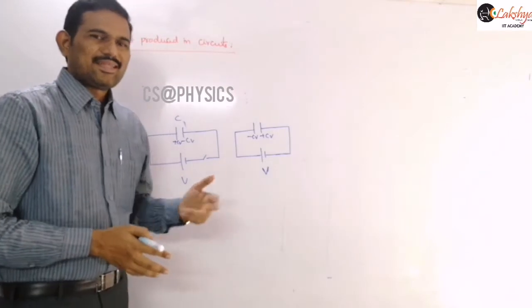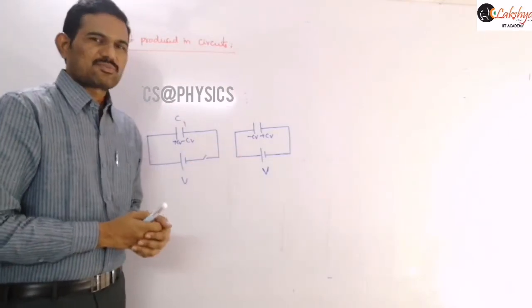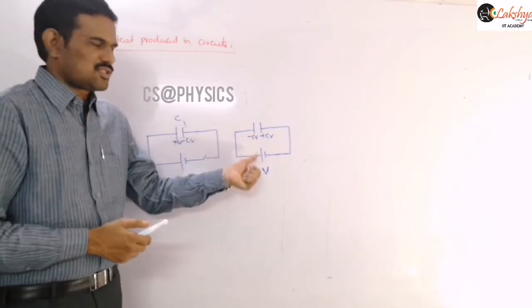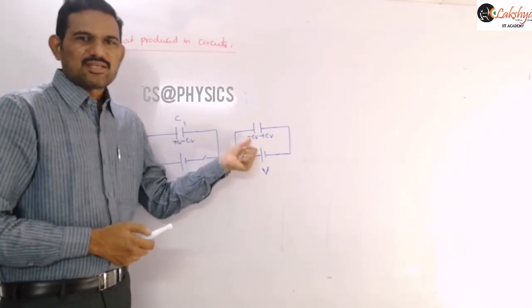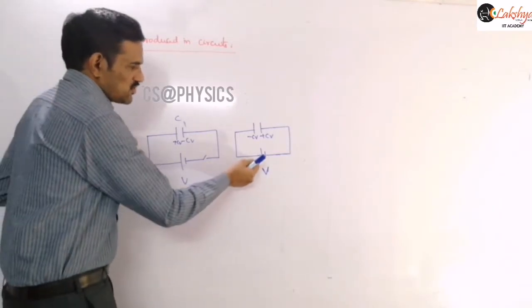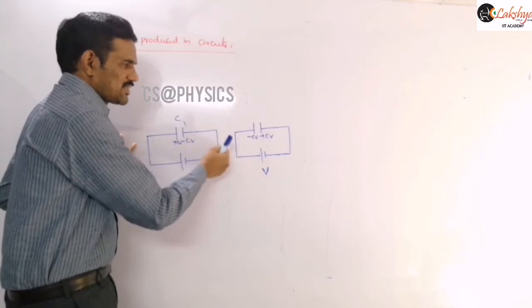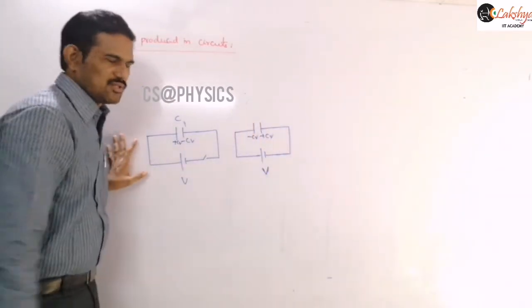So then again the discharging of the capacitor, that means the neutralization of the charge, will take place first. That means at some instant, again, this battery, this is the low potential now. There exists some potential difference between these 2 points, right? So as there exists some potential difference between those 2 points, this positive terminal will supply some charge here. So we can assume it is supplying some positive charge to this, and this negative terminal is supplying some negative charge to this.